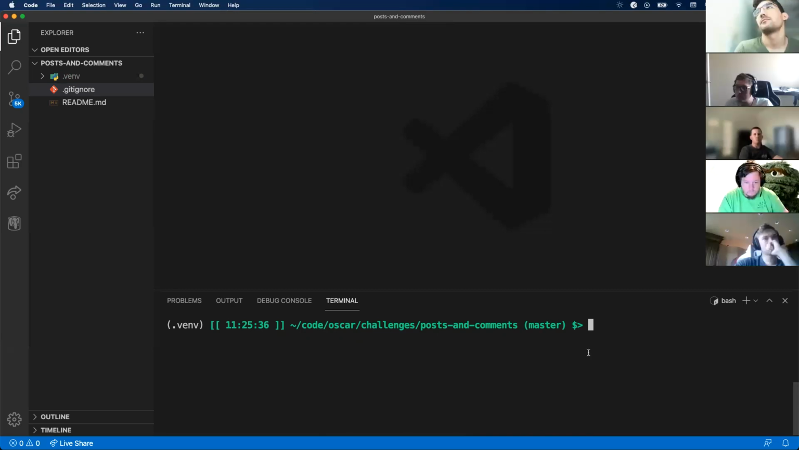Do we update the database to change it to use Postgres versus SQLite? Yep, we will definitely need to do that. But